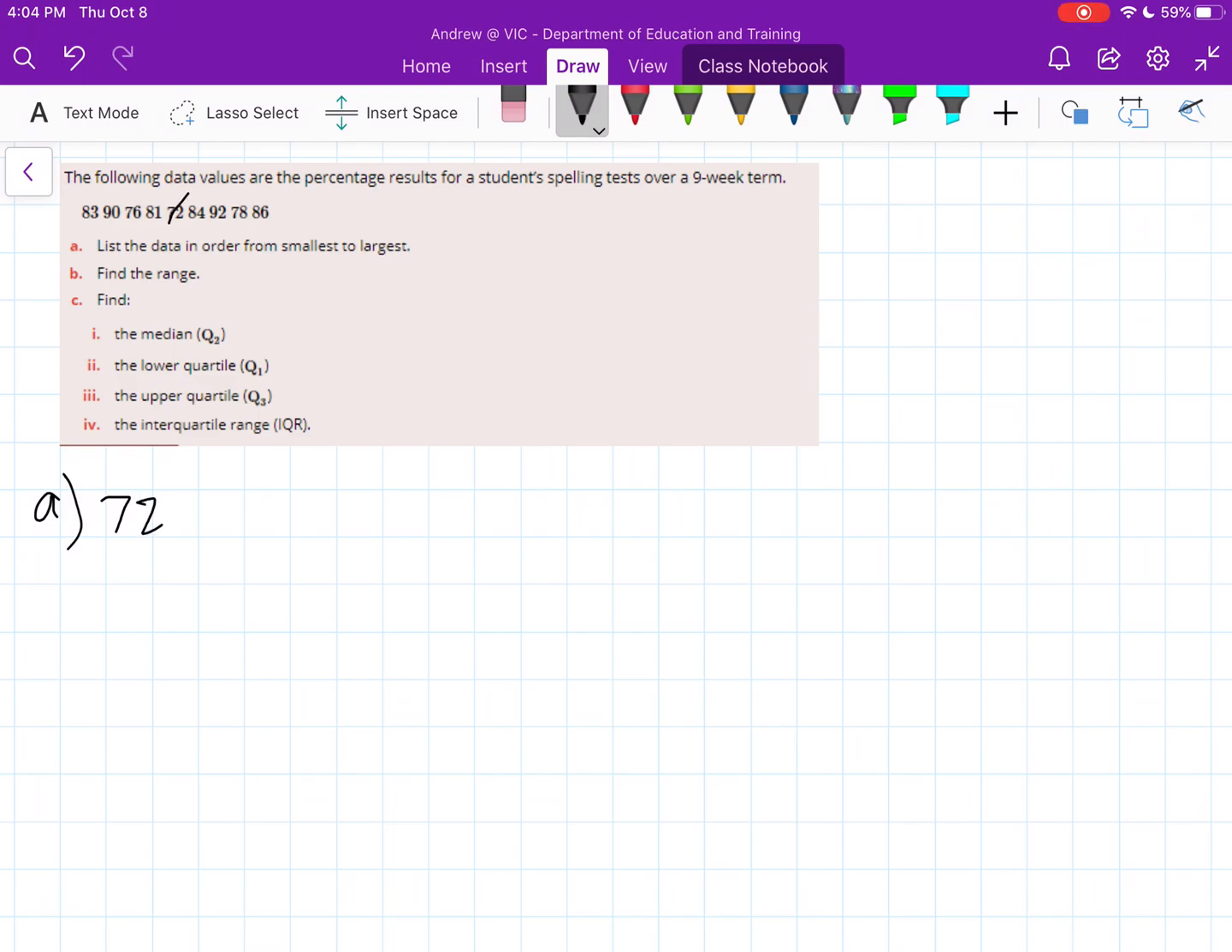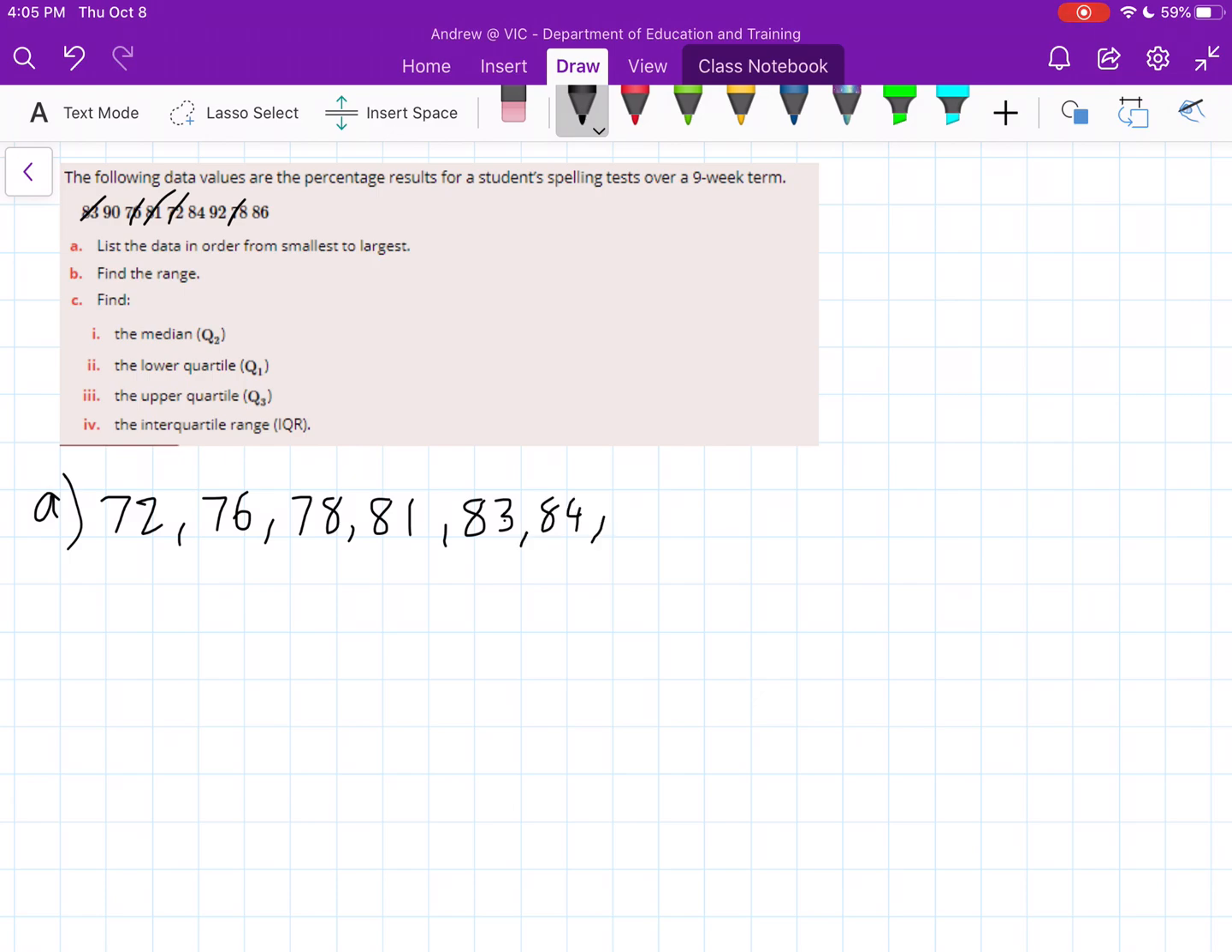Then we've got 76, 78. So 76, 78. It is always important to cross out your data as you're doing it. It may seem a little bit pedantic, but it's a very common mistake that a lot of people make, either forgetting or rewriting a number twice, which can affect the data. So we've got 81, 83,